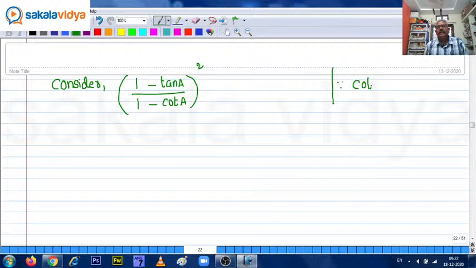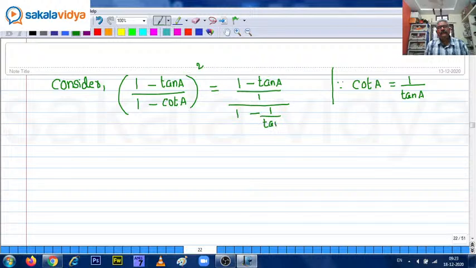So cot A equals to 1 upon tan A we can write. Now this equals to 1 minus tan A upon 1 minus cot A is equal to 1 upon tan A, whole square write down, because whole square is there. So now we need to simplify 1 minus tan A